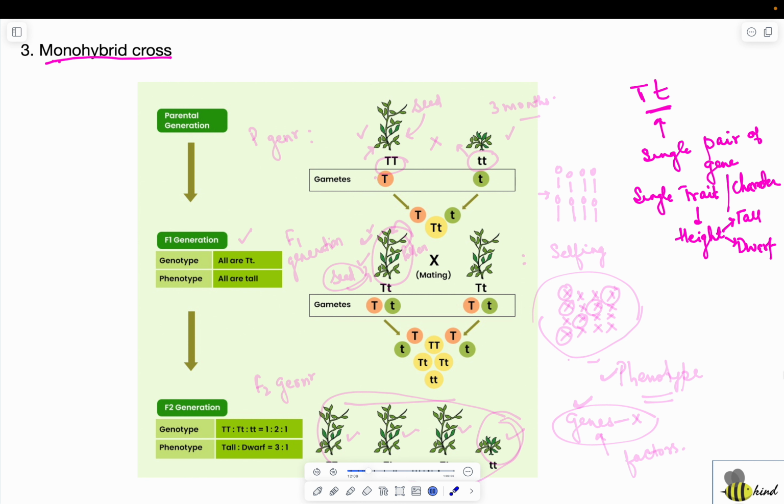So Mendel selected two types of plants. One was tall, second was dwarf. And then he crossbred these two varieties. Right? So this is the parental generation, P generation. Then after 3 months, as you know the crop matures in 3 months, he collected the seeds from the female plant, then sowed the seeds into different rows,